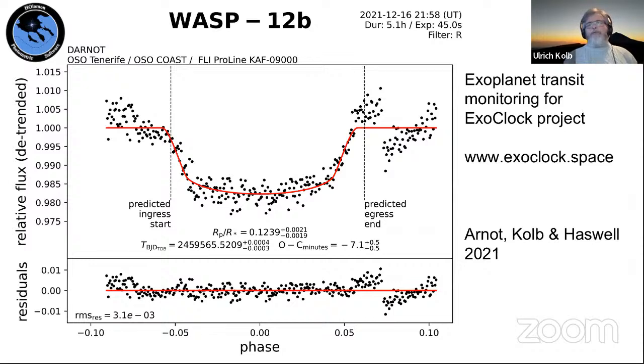There is this beautiful project called ExoClock. If you haven't looked it up, please do. This is something I can recommend to anyone who has a good enough instrument, perhaps at home or privately, or at universities, to monitor transits of exoplanets. It's not really difficult to do, and depending on the photometric precision you reach, you can make more or less important contributions to monitoring those exoplanets Ariel will finally